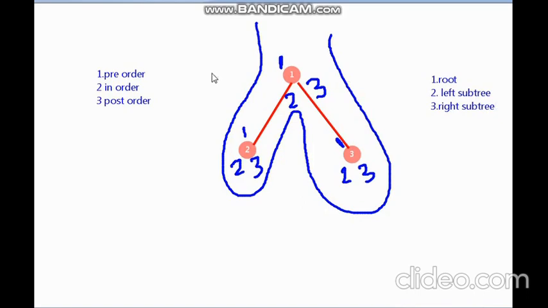So let us see. Here I am traveling like this. Yes, 1 is visited, and this 1 is with respect to the root node, right? Hence 1 is printed. Then I am traveling like this. Yes, 1 is visited for 2. Yes, 2 is printed. Next I am traveling like this. Yes, 1 is visited, this 1 is for 3, right? Hence this is the pre-order.